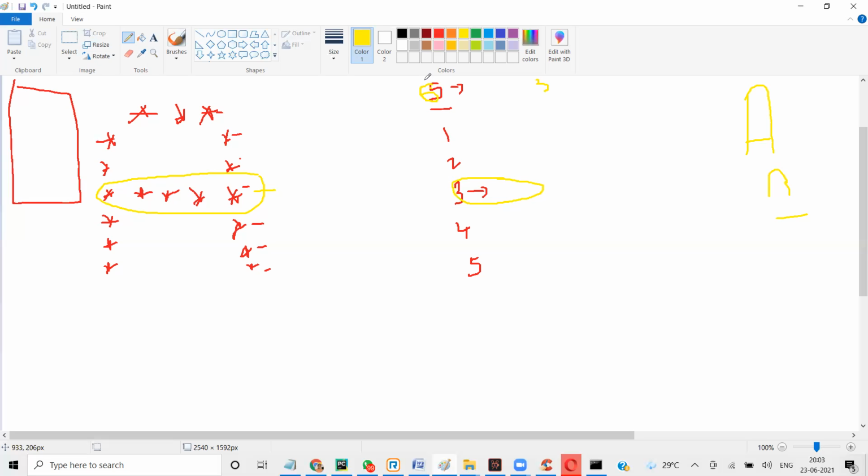Now, if I tell you 6, then what will you do? The number divided by 2 only. So if it is 6, let's say you have a 6 here, then in that case, this is also fine, this is also fine, right? But this may not look good, and this may not look good. So maybe 2 and 5 won't be a good choice. 3 and 5 could be a good choice.